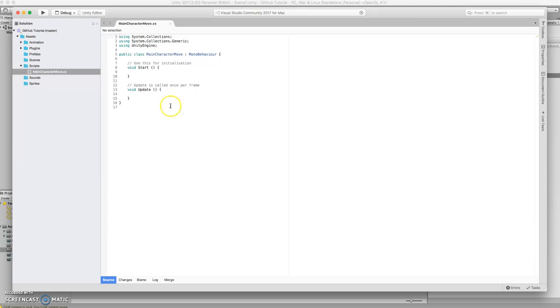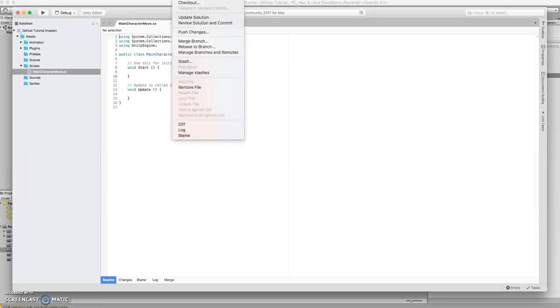Okay, so you can see I have my work here all set up, and what I want to do is take a look at branching. Okay, so what we're going to do in Visual Studio is go up to version control, because